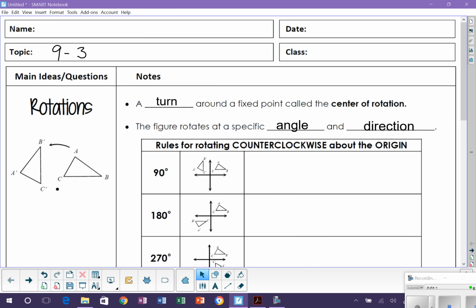Okay, so far we've got turn, angle, direction. So if you're looking over here,